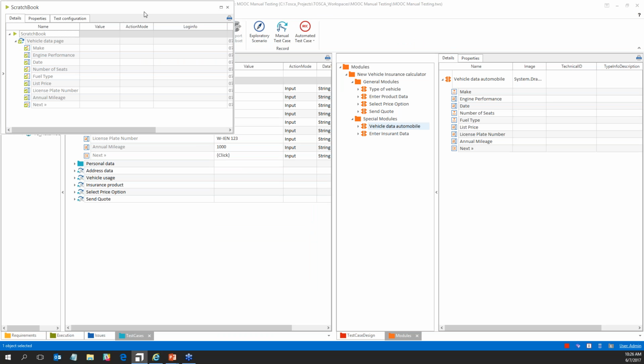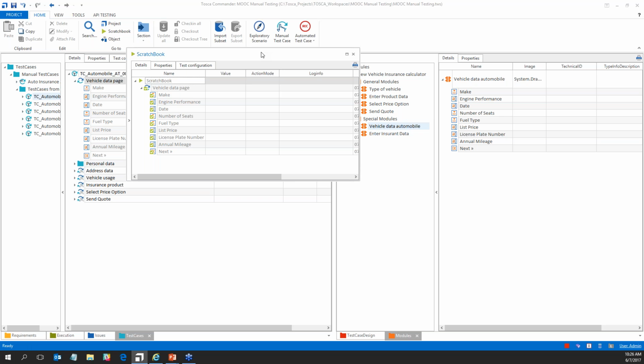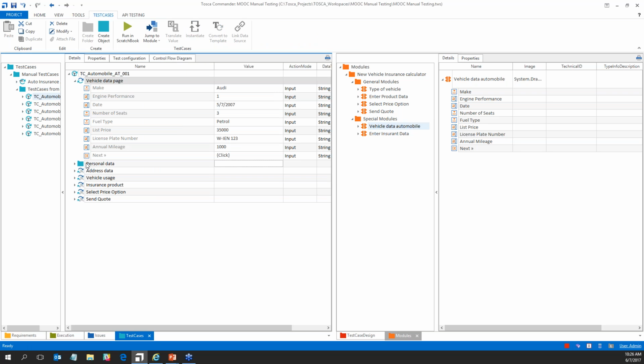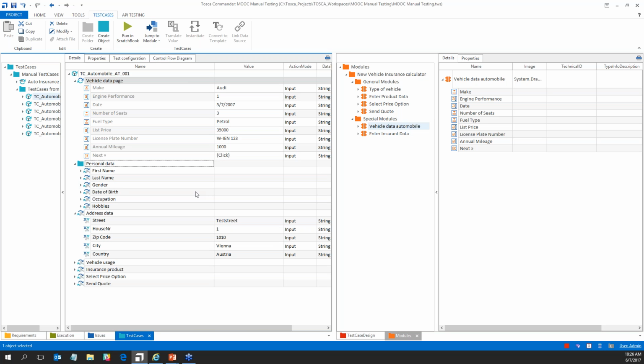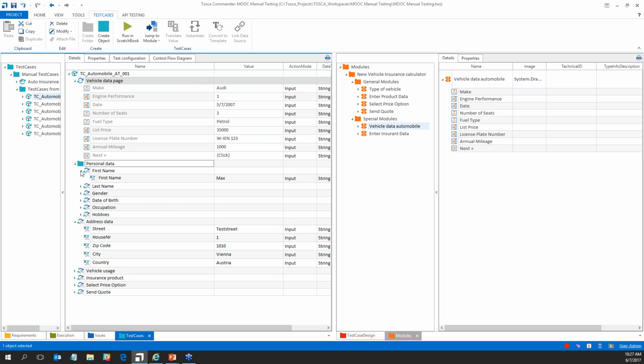So there we go. So what was originally, and you saw me execute it, a completely manual test step, all I had to do was drag and drop the module onto the manual test step, and it becomes an automated test step. And I can then simply automate the entire test case. Of course, to automate it the most efficiently, it makes sense to modify the manual test case before converting it to an automated test case. And the reason for that is, let's say you can see in my personal data and address data